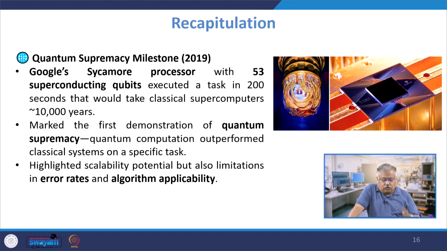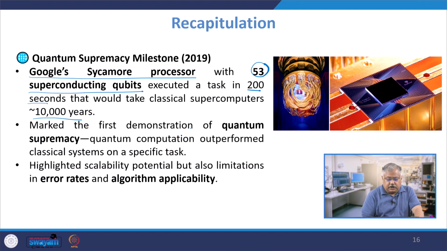Now, if you look at the quantum supremacy milestone which was set in 2019, the Google Sycamore processor had 53 superconducting qubits, and executed a task in 200 seconds that would take classical computers about 10,000 years. So, maybe for the first time you are seeing a drastic improvement, because of the very fast nature of qubits and their parallelism, you are able to solve in very small time, in this case about 200 seconds, a task that would take a classical computer 10,000 years,